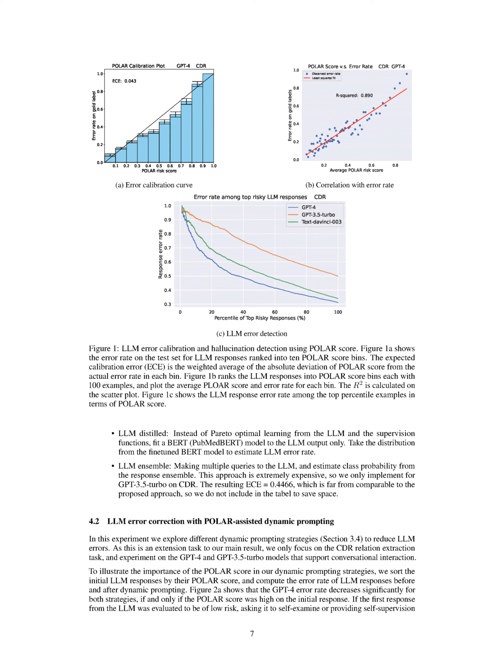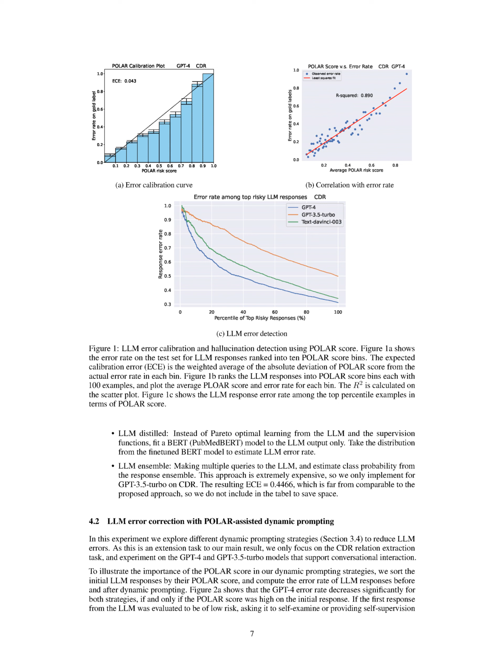The performance of the polar score is compared with four baseline methods, and the proposed approach outperforms them in terms of error calibration. Section 4.2: LLM error correction with polar-assisted dynamic prompting. In this section, we delve into the use of polar-assisted dynamic prompting to correct errors in language model, LLM. We focus on the task of extracting CDR relations, using the GPT-4 and GPT 3.5 Turbo models, which are designed